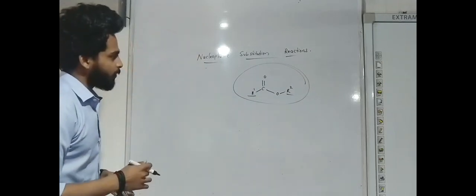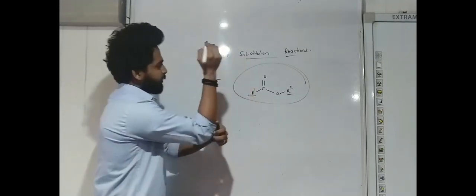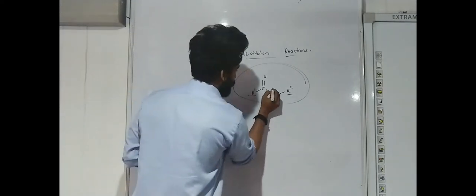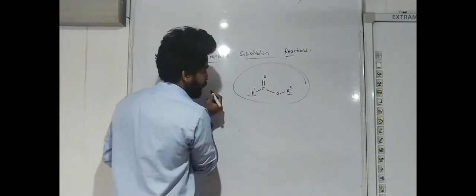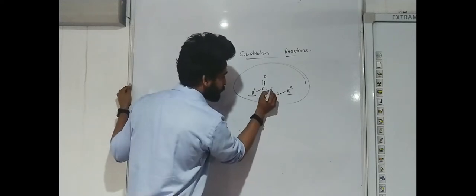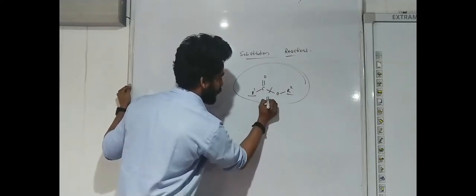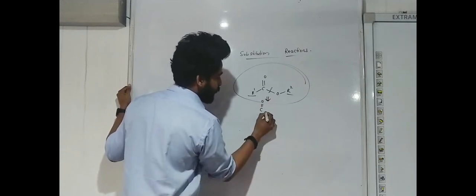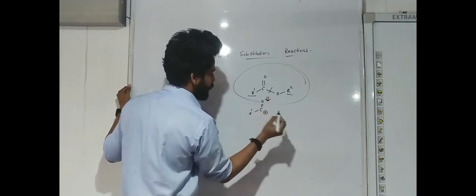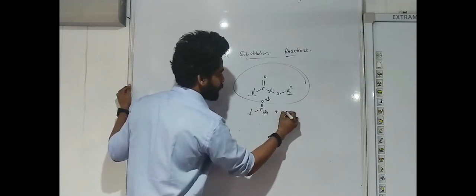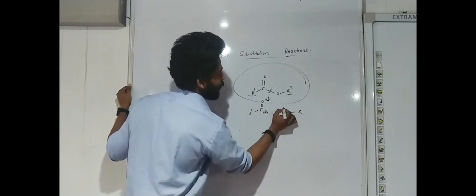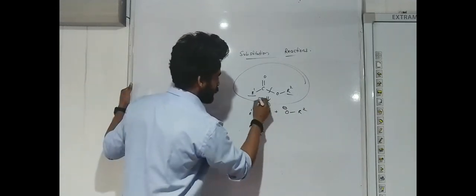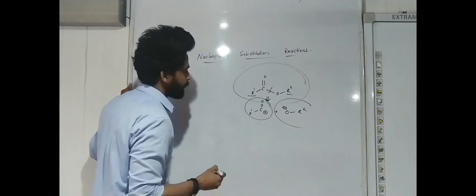So the next method we are going to learn is how to prepare this compound from alkyl halides or acetyl halide groups. Here we can use the disconnection approach. We disconnect this compound, so we get C double bond O, with a positive charge over here, R plus R1. Then the other part should be a nucleophile, O minus R2. So these are the new subgroups we got by disconnecting this compound.